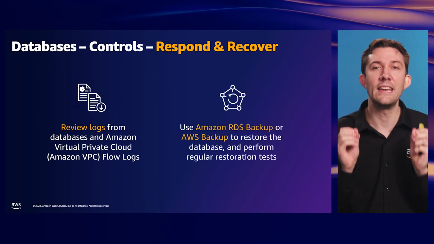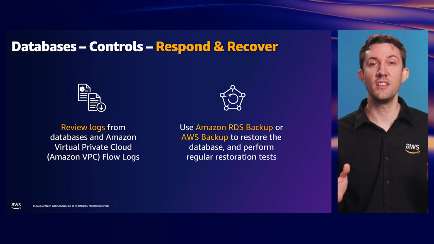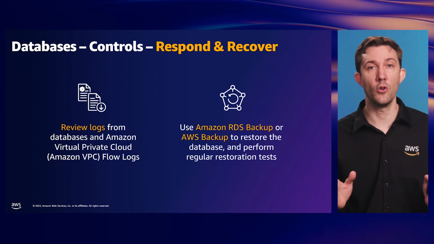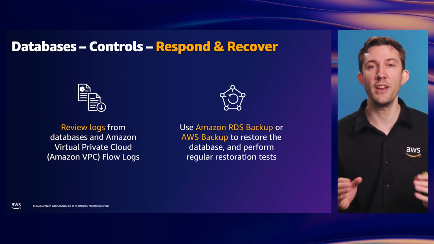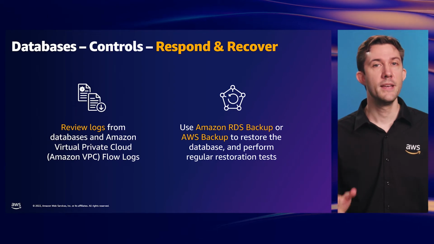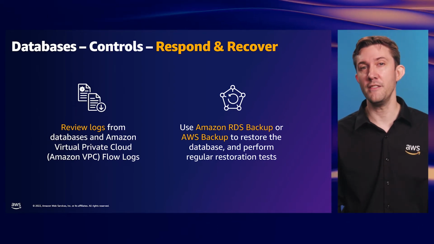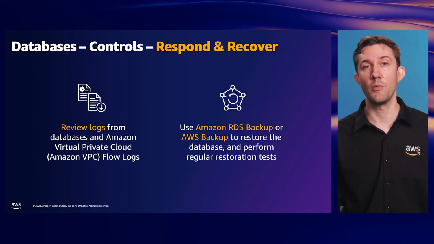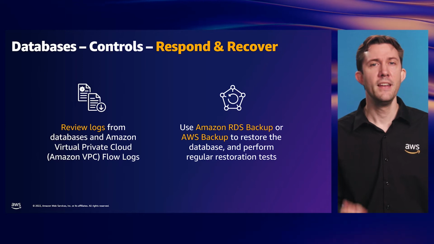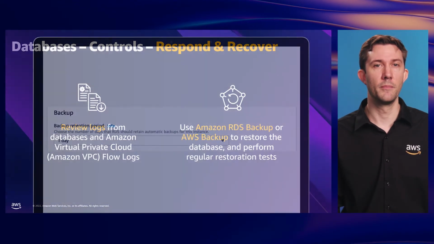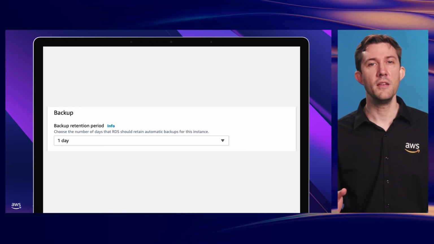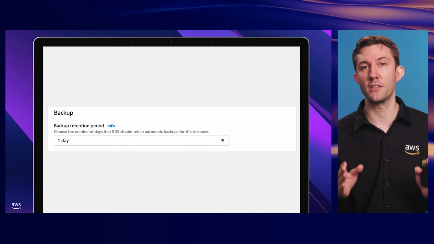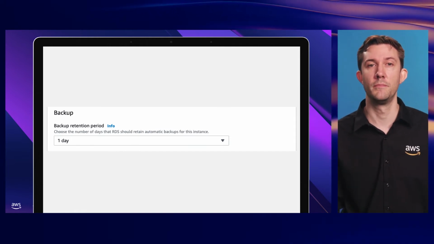Secondly, you need a backup. If the data is deleted, it is gone. So having the ability to restore from a functioning backup is critical for a fast recovery. Amazon RDS has backups on by default, and AWS Backup allows you to have a central backup plan for many other resource types as well. Now let's have a look at that RDS backup setting. As you can see, it's set for 1 day, so make sure you consider whether that will actually meet your production needs and change it if it won't.